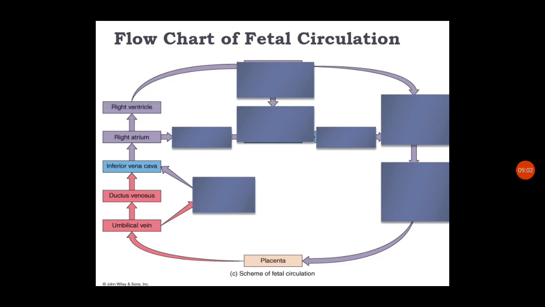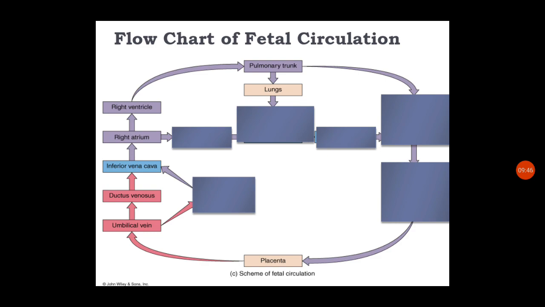In the right atrium, a division of the blood is happening. From the upper body part, the superior vena cava will be carrying some amount of blood into the right atrium, and the inferior vena cava is also carrying much amount into the right atrium. The inferior vena cava blood will be divided into 1/3 and 2/3. So 2/3 of the blood coming from the inferior vena cava and the superior vena cava blood directly enters the right ventricle, and it will be pumped into the pulmonary trunk.